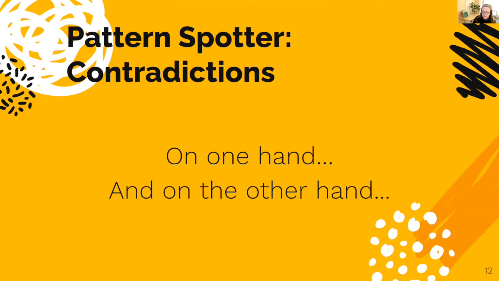So you'll see the list that we have there, but let's go to the next one, which is contradictions. On the one hand, we see this, but on the other hand, we see that, right? Or it might just be an exception standing out from the rest. So where are you seeing the contradictions in this network?